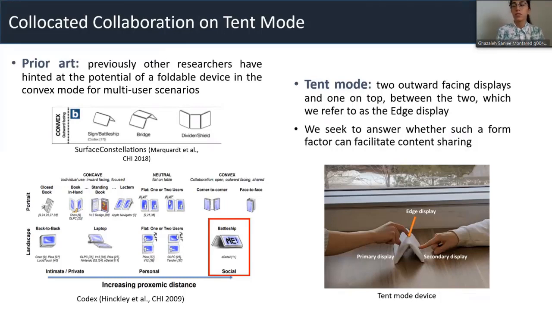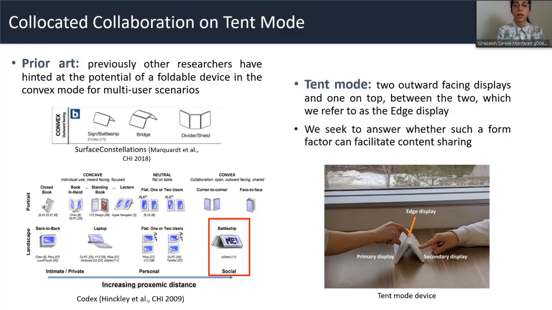So as you can see in this figure, for more intimate and personal use cases of a foldable device, smaller folding angles of the device are suggested. And as the context becomes more social, wider folding angles of the foldable display allow for a social context and collaboration. However, these works have not provided specific interaction guidelines that are tailored to the unique form factor of